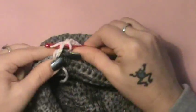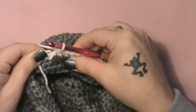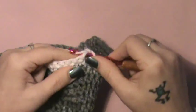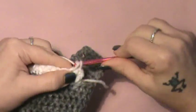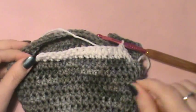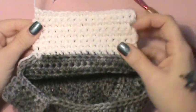It's a little tricky getting in the beginning. There are the end ones here. Make sure you get into that end one. Okay, then you're just going to chain 1, and you're going to turn, and you'll go back and do it again. Alright, so you will just want to do rows 2 through 8, and I will be back with you. Once you get your 8 done, you'll fasten off, and I will meet you back here, and then we'll go to the next row. Alright guys, I'm back, and I did the